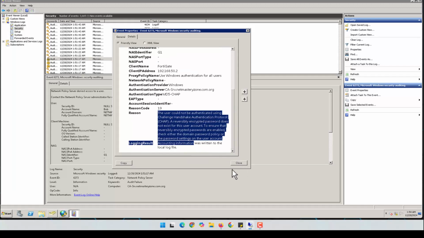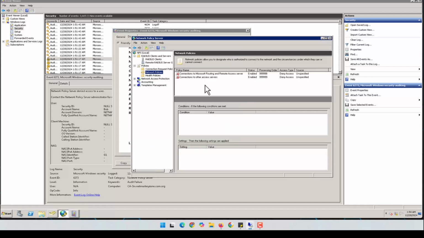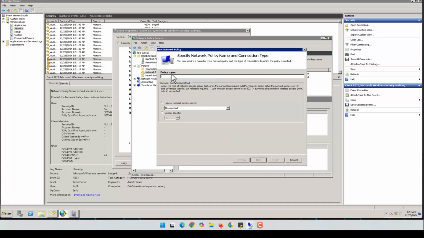Okay, let's go and create a network policy to allow Bob to access the FortiGate. In the network policy, let's right click and choose new. In the new policy, let me name it admin access. And in the admin access, the type of the network access server, let it be